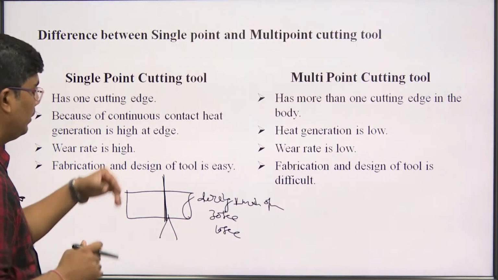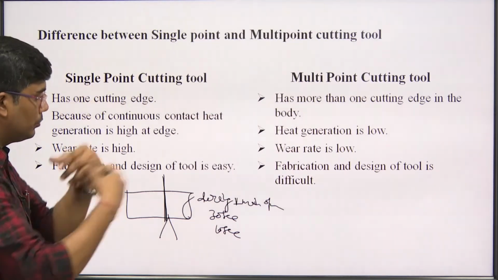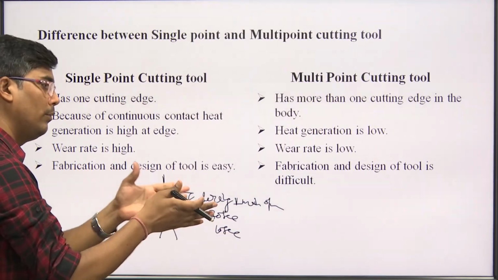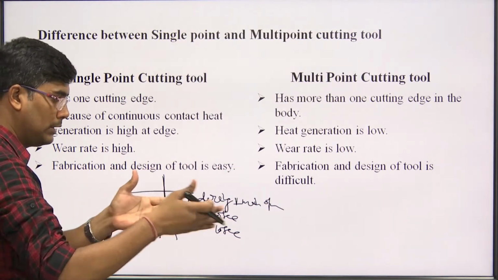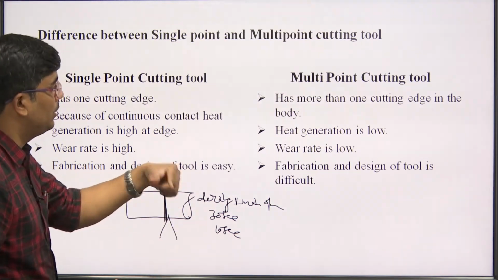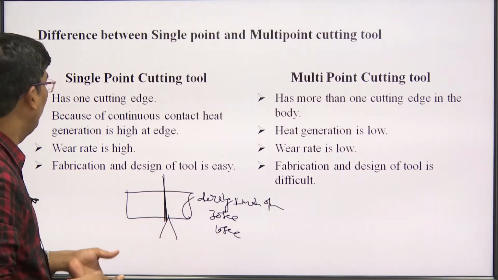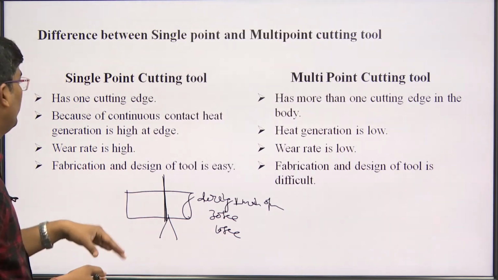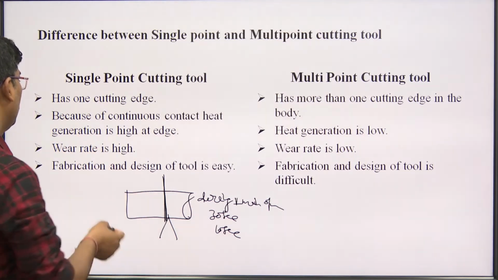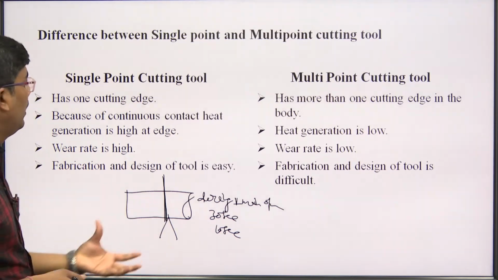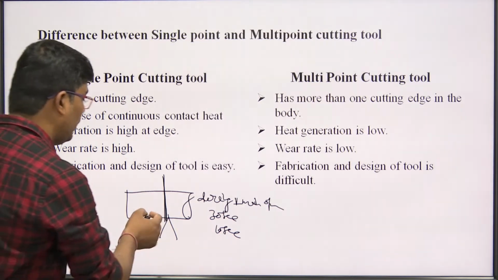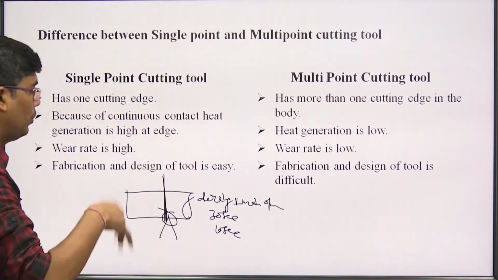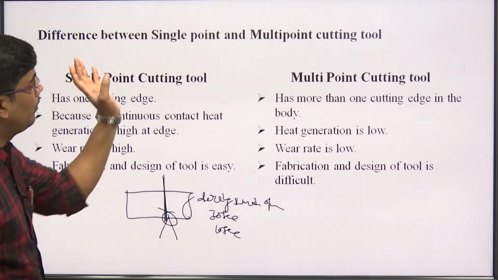तो 10 सेकेंड बाद या 1.5 मिनट, मतलब उसका टाइम ज़्यादा लगेगा, एक कटिंग एज जो है वो लॉन्ग टर्म पे आएगा, थोड़ी देर ज़्यादा पे आएगा, तो उसका रिपीटेशन बार बार नहीं होगा एट द सेम इंटरवल पे। बट सिंगल पॉइंट कटिंग टूल में कटिंग एज का रिपीटेशन बार बार होता है। तो जब कंटिन्यूअस कांटेक्ट बनता है और बार बार रिपीटेशन होता है तो फ्रिक्शन होगा और वहाँ पे हाई टेम्परेचर जनरेट होगा, जिससे सिंगल पॉइंट कटिंग टूल की वियरिंग बहुत तेजी से होगी, टूल लाइफ डिक्रीज कर जाएगी।